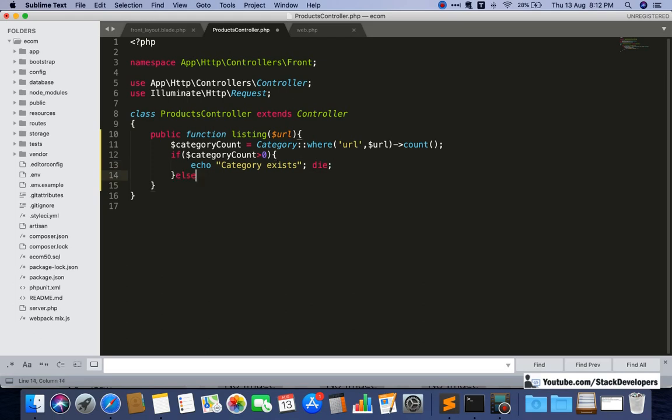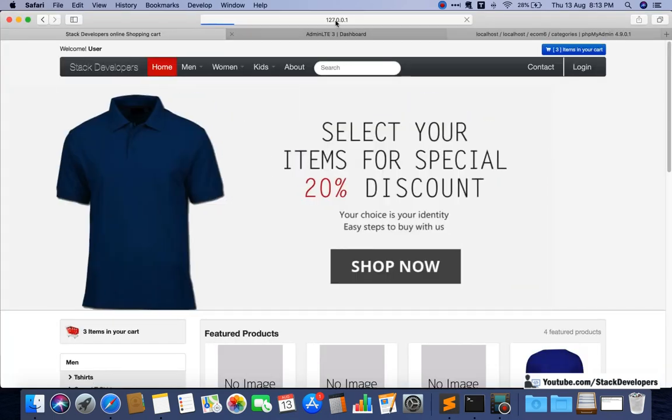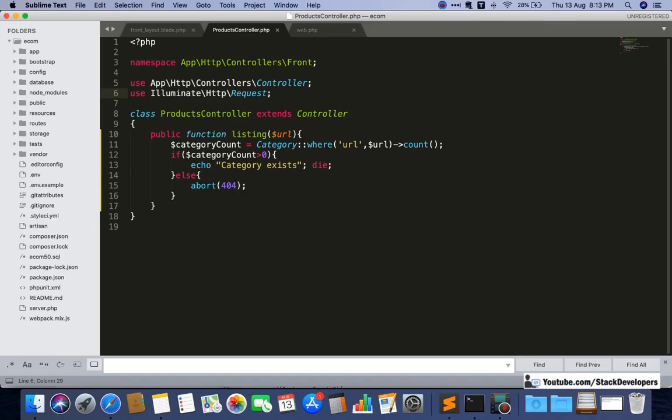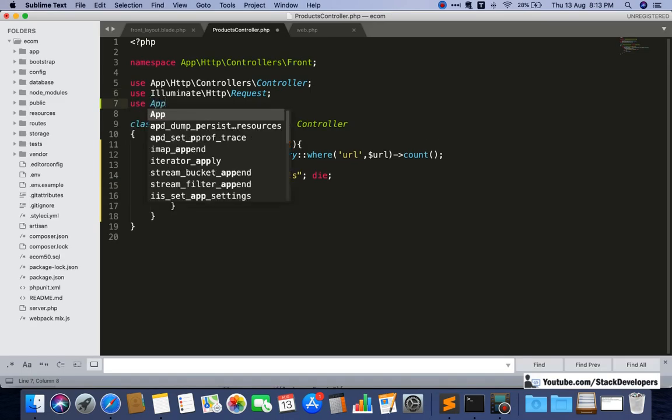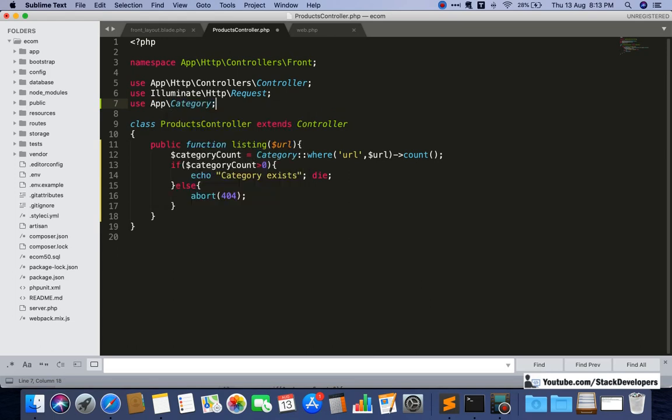And else, we are going to send the user to the 404 page, like this. So now see, I am going to open shirts slash shirts. We need to include the category model here, use App Category, like this.